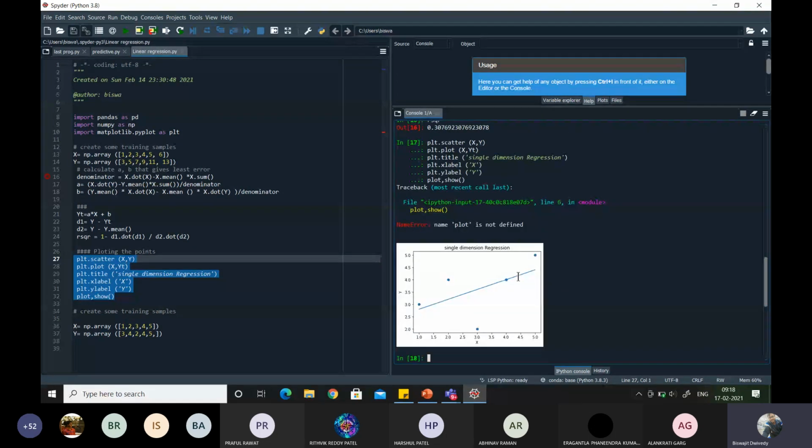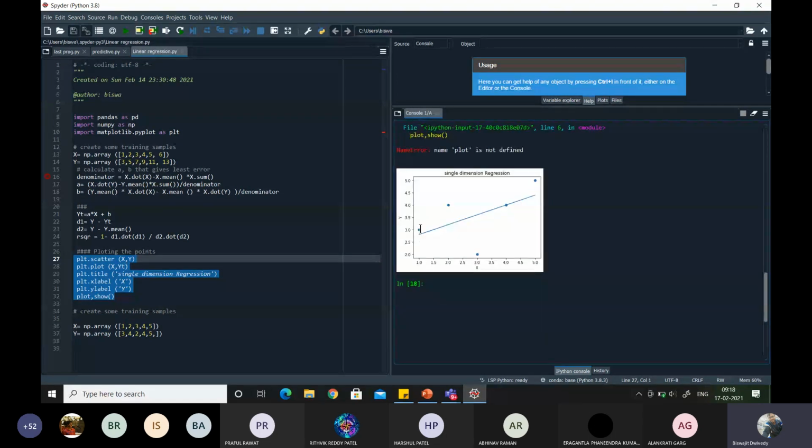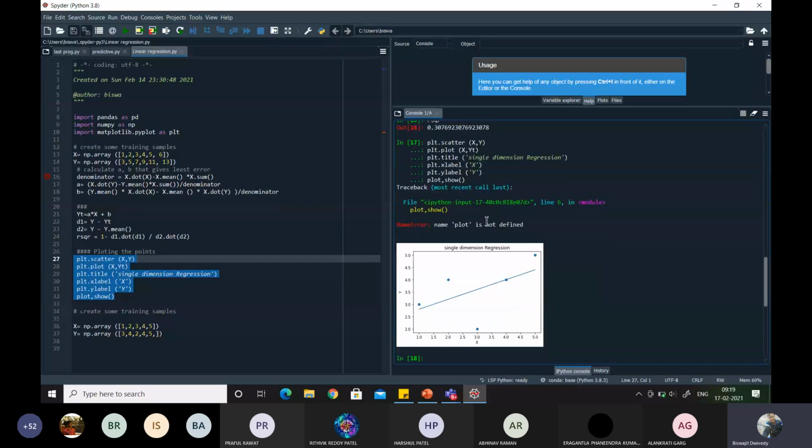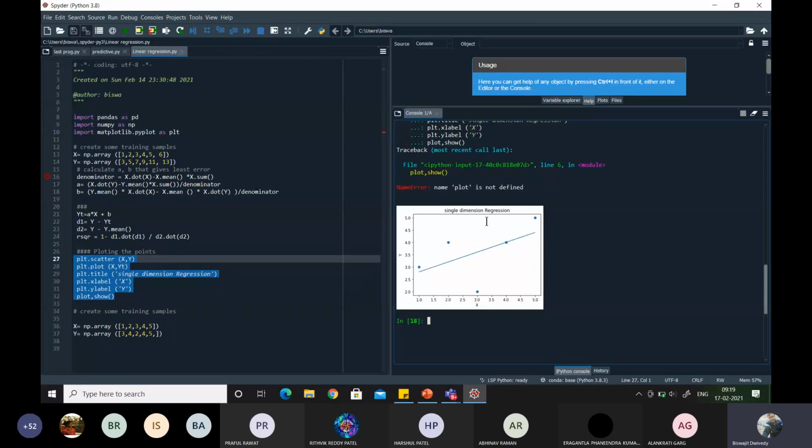Now, if I plot those things, you can see what happens. The training samples given there are not lying close to our regression line, because the R square value we have evaluated here is 0.307. As this value is very far away from 1, they are not lying on or close to the regression line. So in this case we have to use the gradient search method or some point search method to find a good, best fitted regression line. So this is all about the linear regression technique.